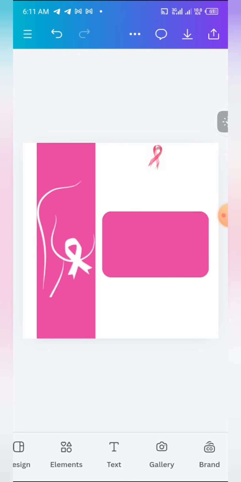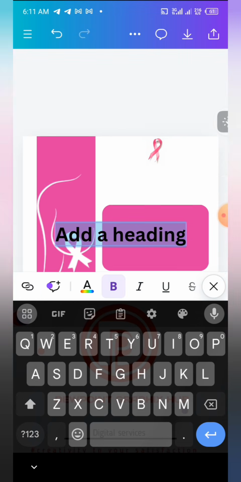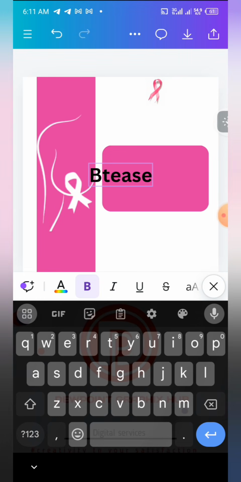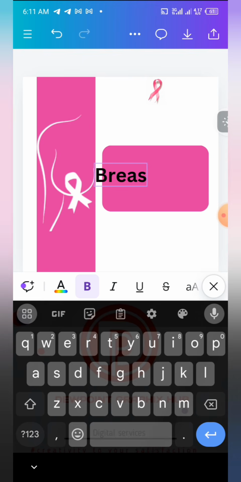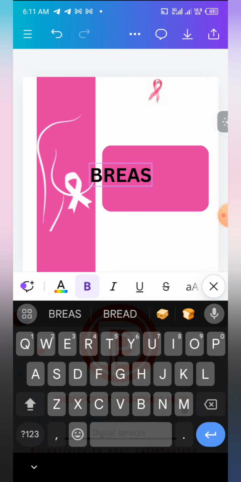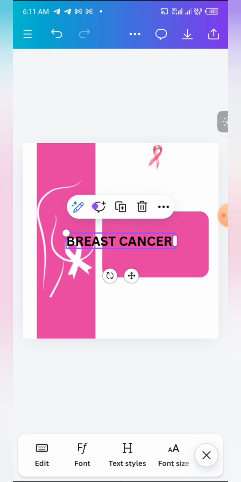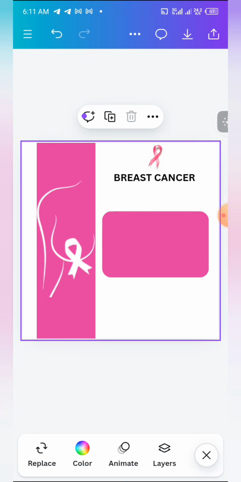So the next thing is, let's add the text, breast cancer. So you add a heading, then you edit it, then write breast cancer. Right, make sure you write everything in bold, write it in capital letters or wherever. So you place it at the top here. So with this one,